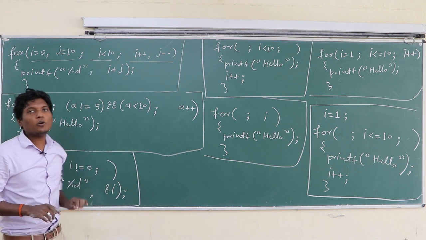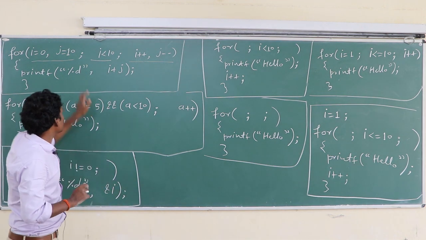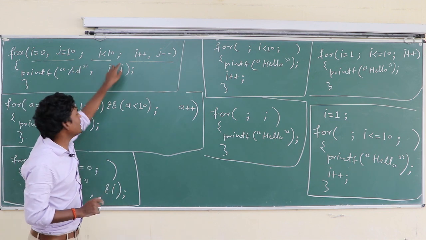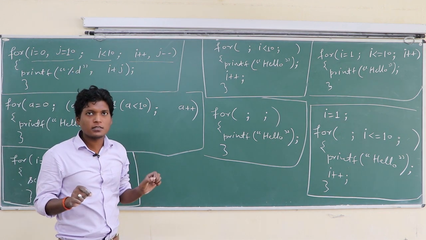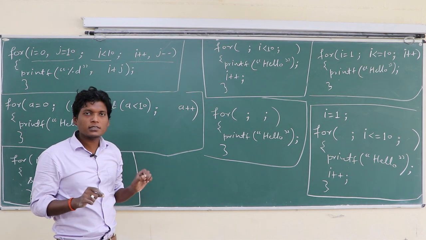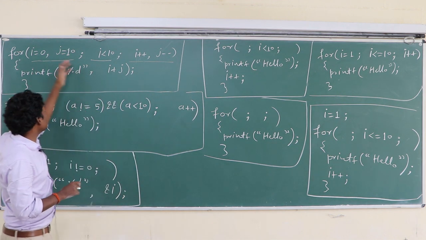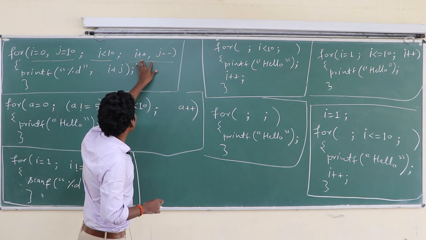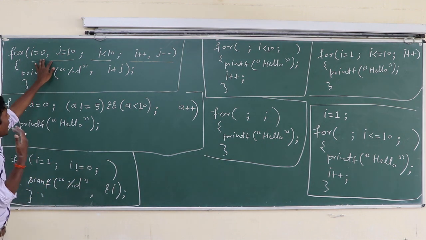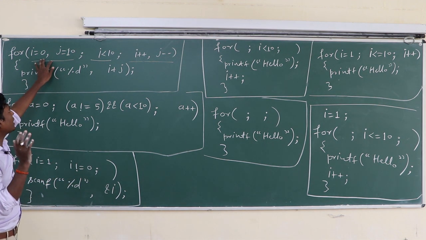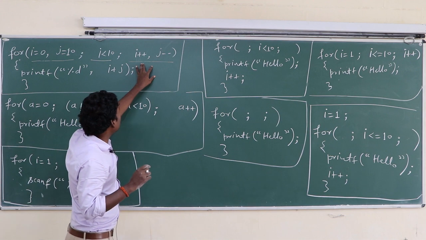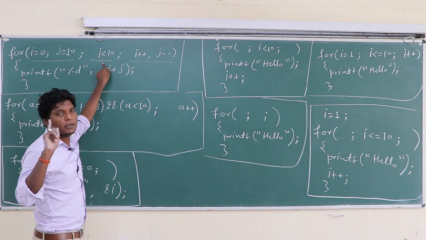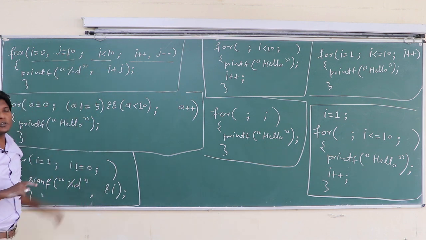And class, a for loop always has two semicolons. So here is semicolon 1 and semicolon 2, and these two semicolons separate the three sections: variable initialization, condition, and increment or decrement. Variable initialization may be any number of variables. Increment and decrement may be any number of times. But the condition must be one. So this one is also true.